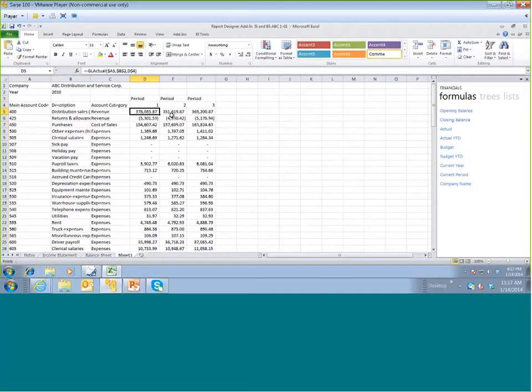Okay, so it pulls all of the data that's necessary for your particular ERP and for your particular reporting purposes. So now we have all of the information. What we simply need to do is take advantage of our current Excel skills, and we just need to format our report. Now, fear not,